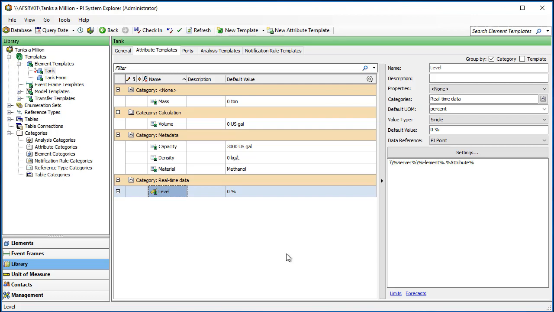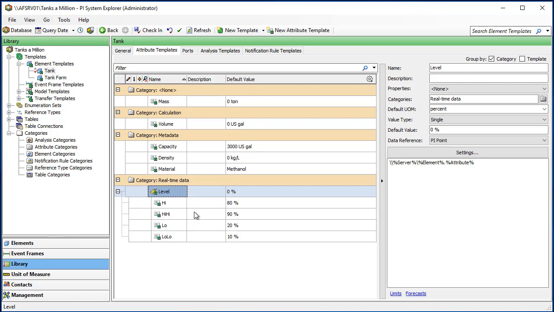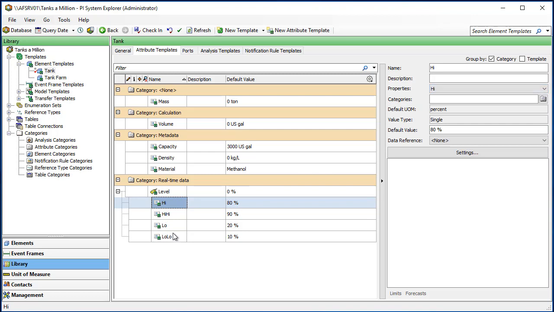So adding those traits did a couple of things, and you may not have detected it right away. For one, it adds child attributes underneath level, and they're given those same names of high high, etc. And two, if we click on one of them, you'll see that its properties are set to let us know what particular type of property it is, which also matches the name, but you are free to change the names here if you so desire. Maybe not a good idea sometimes, but you are given that freedom.